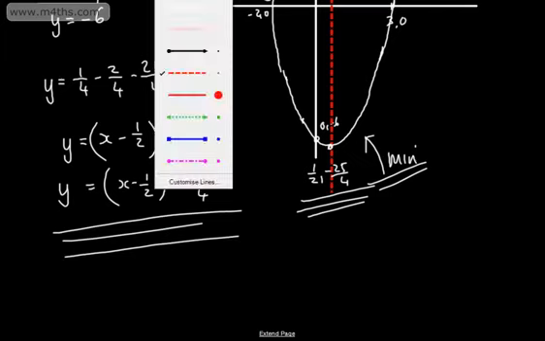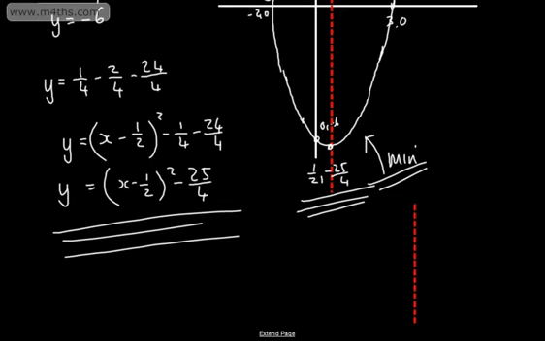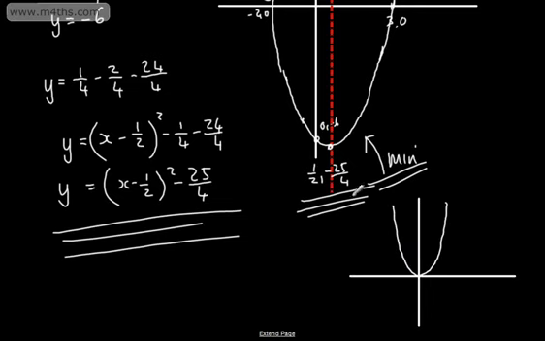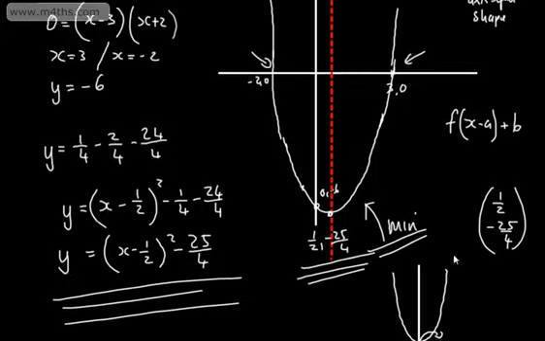What we've got here, and I'll just sketch this to the side, let's change that over to a solid line. If we start off with a graph of y equals x squared, all we need to do is carry out two transformations. If we look at the vector right here, we've now got f of x minus a, and then plus b. So this moves 1/2 to the right, and it moves down by the 25/4. So we move half, and then we move it down, and that gives us the minimum